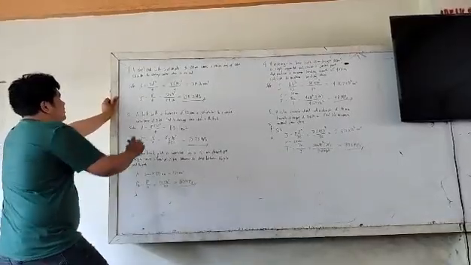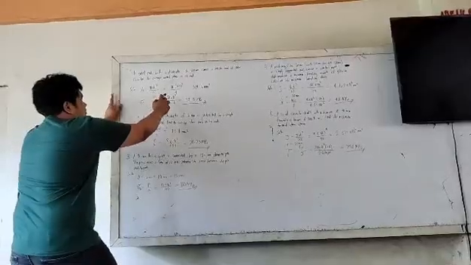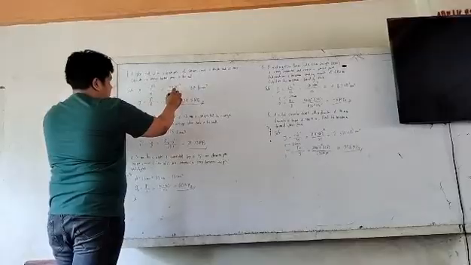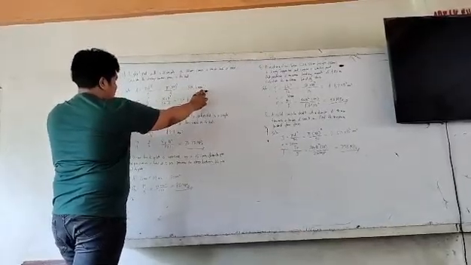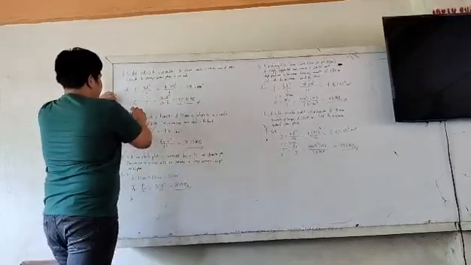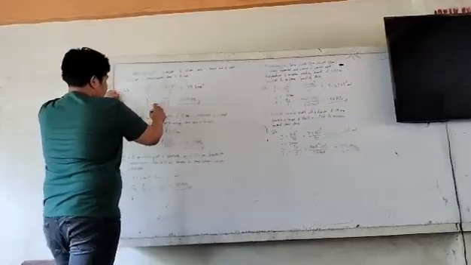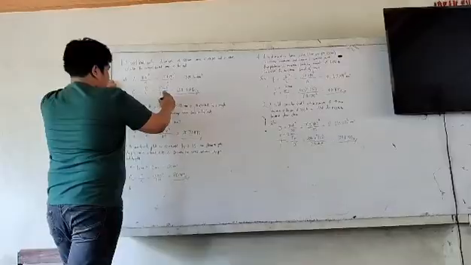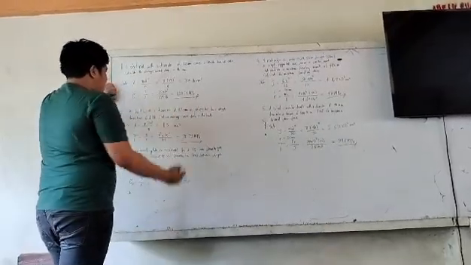So we have solution: area is equal to pi d squared over 4. So after inputting our values, we have pi 20 squared over 4. We have 314.16 mm squared. Normal stress, P over A. So you have 50 times 10 to the 3 over 314.16 equals to 159.15 megapascal.